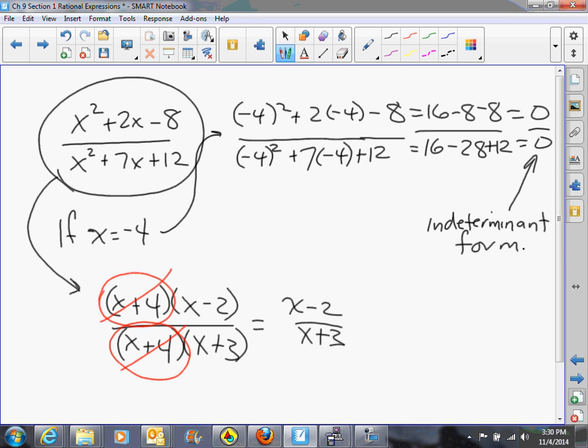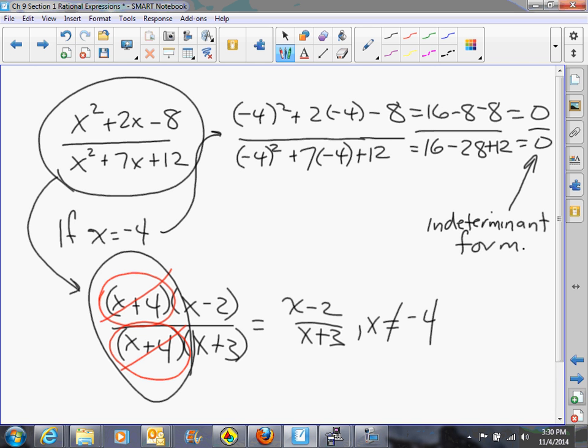And when you put negative 4 in, you get negative 6 in the numerator, you get negative 1 in the denominator, so negative 6 over negative 1 is 6. So we get 6 rather than 0 over 0. So what has happened is we have lost the number that gives us the indeterminate form when we cancel these out. So what you really need to do is whenever you're canceling out factors that could be equal to 0, you need to restrict the domain of this new expression so that you're not allowed to put that number in,